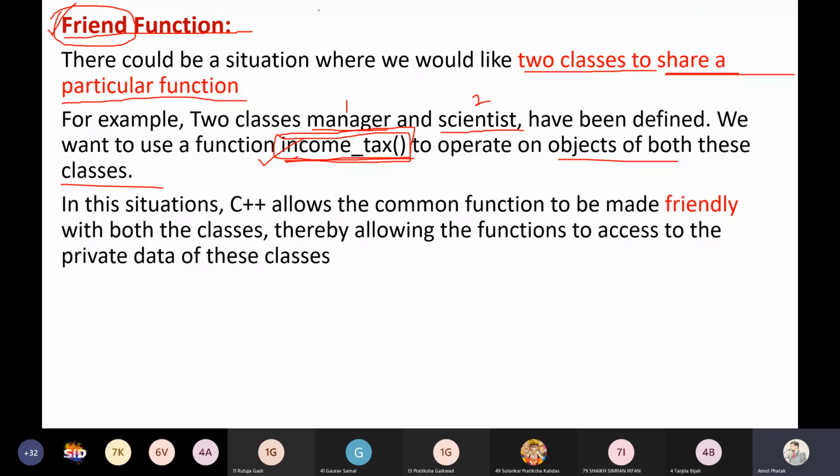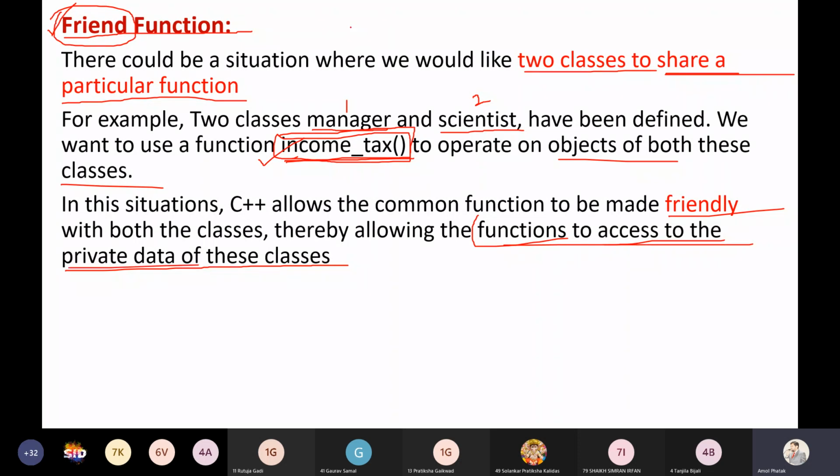In this situation, C++ allows the common function to be made friendly with both the classes, thereby allowing the function to access the private data of these classes. Why have I added the word thereby? If I make one function a friend function, then using that function I can have access to the private data.